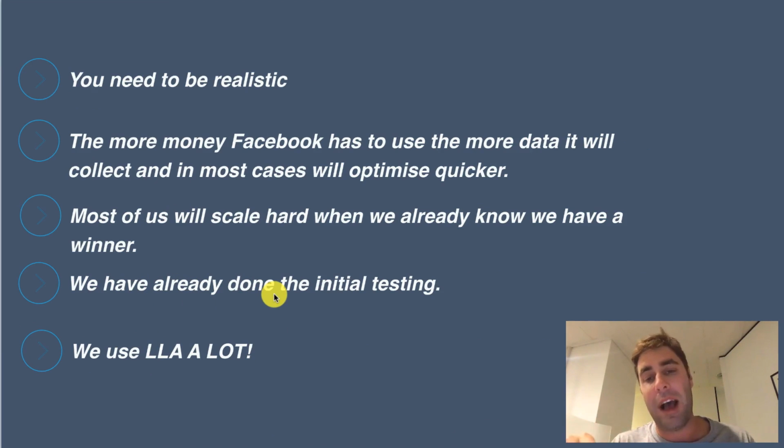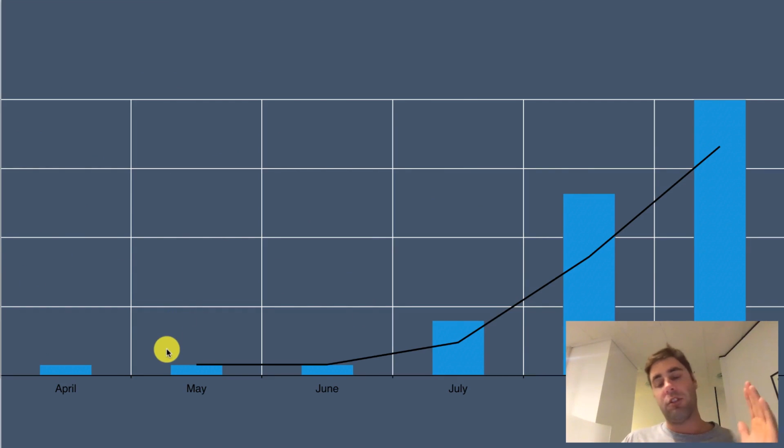Most of us will scale hard when we already know we have a winner. Okay, so I usually scale slow, like I've said, but I'll only really scale hard and fast, which I don't do much of anyway, when I know I have a winner and it's a definite winner. Then I'm going to start coming in and smashing those manual bids, and I'm going to start getting a little bit higher on my manual bids. Only when I know I definitely 100% have a winner. I've tested it for a couple of months. I've made consistent sales. I've maybe upscaled a little bit, or maybe even quite a lot. But if I want to come back in and start smashing those manual bids and huge upscales to 6, 7 figures, then I would definitely